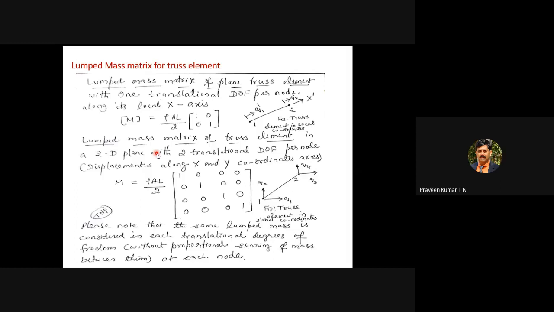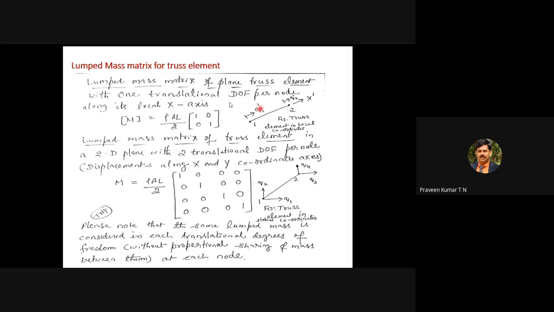Suppose the weight of the beam is 1000 kg. So load is uniformly distributed because of the self weight. So in the consistent mass matrix, the load is acting throughout the beam. But when you come to finite element analysis, instead of applying the load at each and every point of the beam, the load is transferred to the nodal point. If the total weight of the beam is 1000 kg, 500 kg is applied at node 1 and another 500 kg is applied at node 2. Such a concept is referred to as the lumped mass matrix.